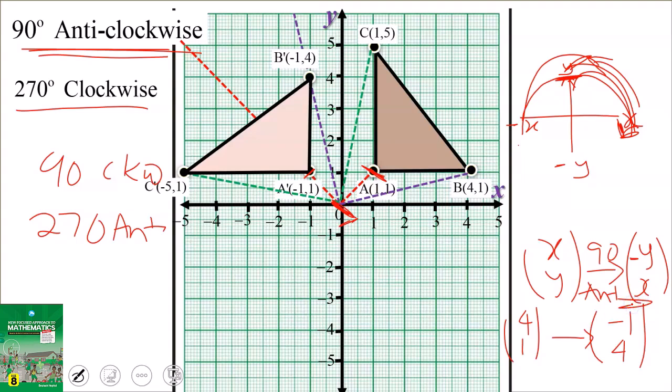Then if you want to do the same thing for, let's say, 180 degrees, let's say we have (x, y), and we are doing 180 degrees anti-clockwise. Let's go by the same anti-clockwise, and fortunately for us, both anti-clockwise and clockwise for 180 degrees remain the same. We get the same answer. So in this very case,